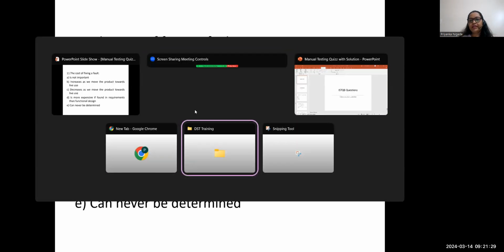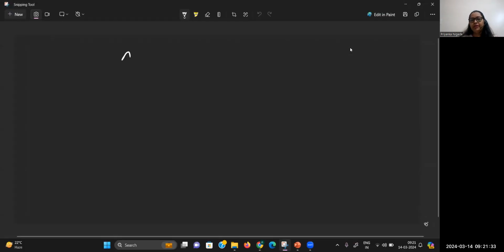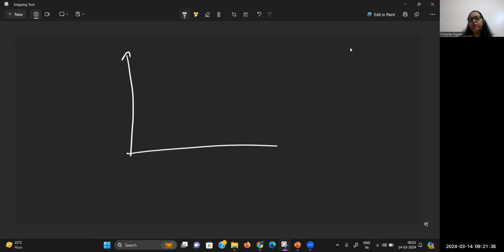So, cost of fixing defect. If you have a number of defects in your application, definitely you will be fixing them. But what will happen? Okay, Govind, I'm covering the topic again. Whatever defect you are finding is related to the SDLC cycle. So what is happening? If you find a defect at an early stage,